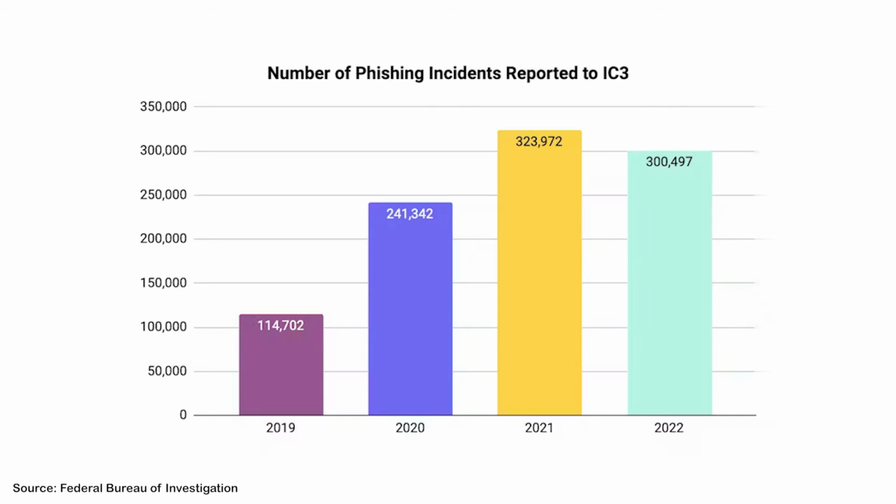In terms of total losses, phishing falls squarely in the bottom third of all attack types tracked by the IC3. However, what organizations must remember is that phishing is frequently just the first step in a variety of crimes. Its success as a foot in the door tactic is likely why phishing has been the most common cybercrime reported to the IC3 since 2019. And as threat actors have continually found new ways to make phishing attacks more convincing, the number of victims has steadily increased since 2019, only slightly declining between 2021 and 2022.